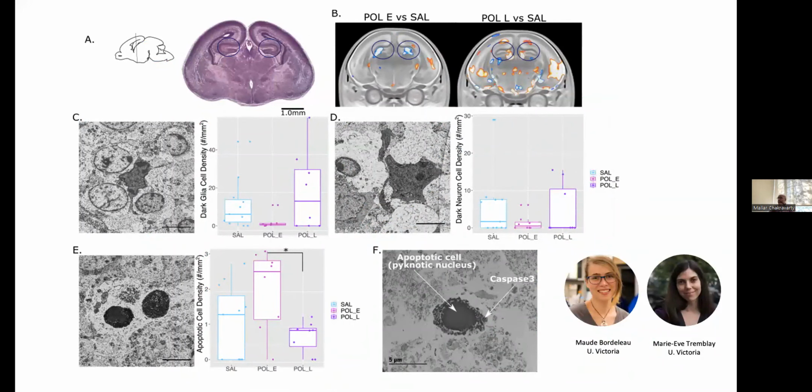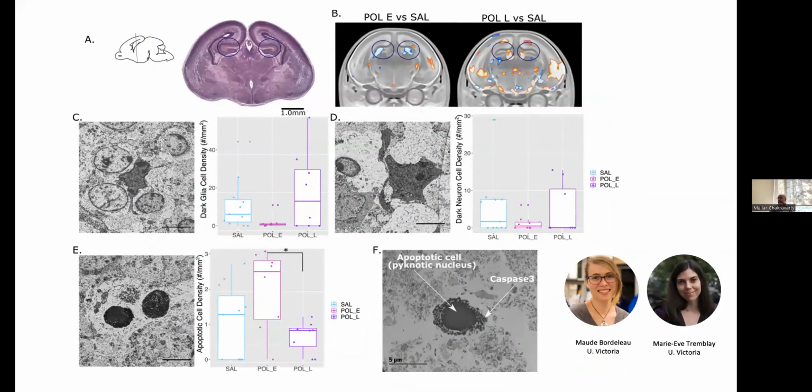And we looked at the density of dark neurons and glial and apoptotic cells as putative markers for neuroinflammation and oxidative stress. And we saw that mostly in the mice that were exposed early, you see higher instances of these apoptotic cell densities. While the late group seemed to have, to a certain point, a greater density of dark neurons and dark microglia, although these weren't statistically significant. And also the samples are quite small here, given the labor involved in scanning these. But this gives you some indication of what might be happening under the hood, which confers risk for later in